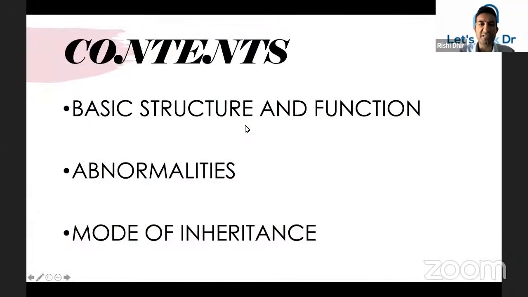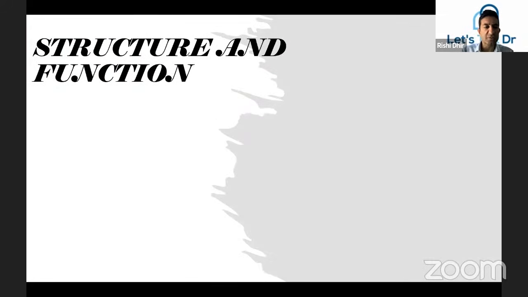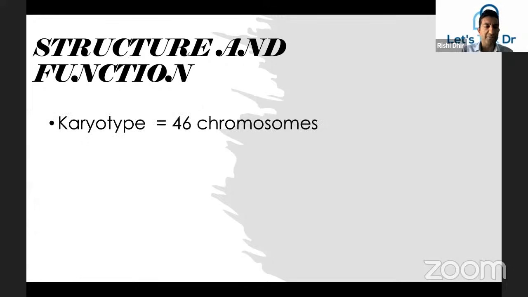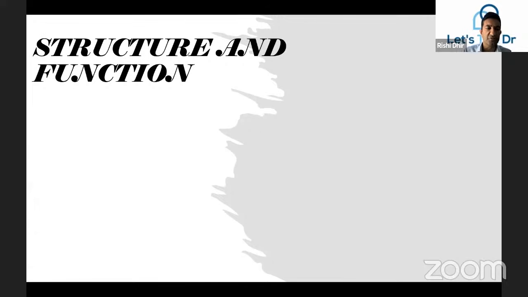And the contents of the talk, I'm going to talk to you about the basic structure and function of genes and cells. I'll talk to you about some of the abnormalities when things go wrong, and also modes of inheritance. So starting with the structure and function, we look at the chromosome. And the chromosomes are structures found in the nucleus which contain genetic material. So that's DNA, RNA,